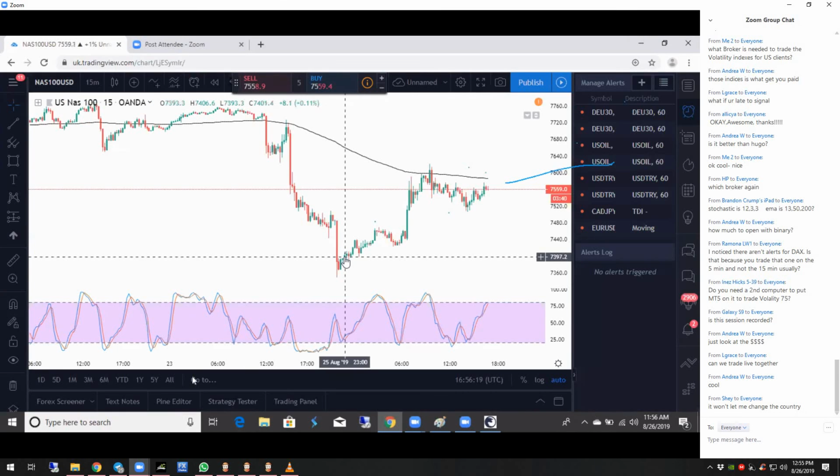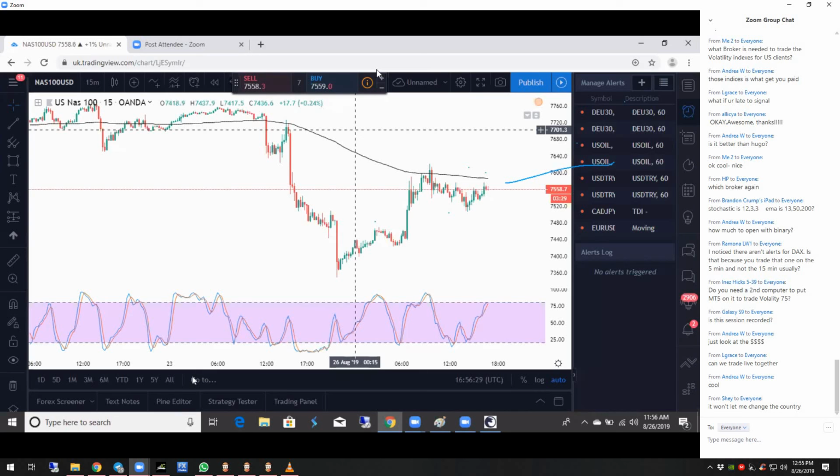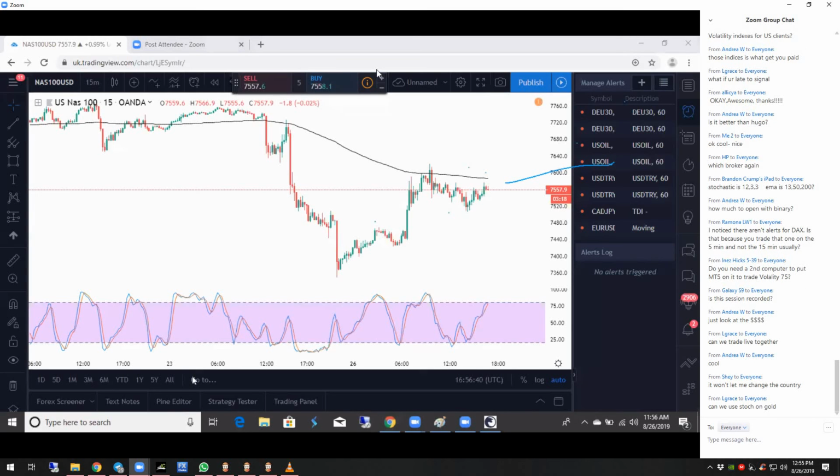Yeah, I had one guy ask me more about gold. I did have it on gold on the trial, so I put it back on gold. I had taken it off gold, but I put it back, so that way y'all get alerts for gold too. Any more questions? Yes, you can use it on gold. It works on everything. That's what I like about it. It works on indexes, commodities, everything. Like I said, it's a momentum indicator, so